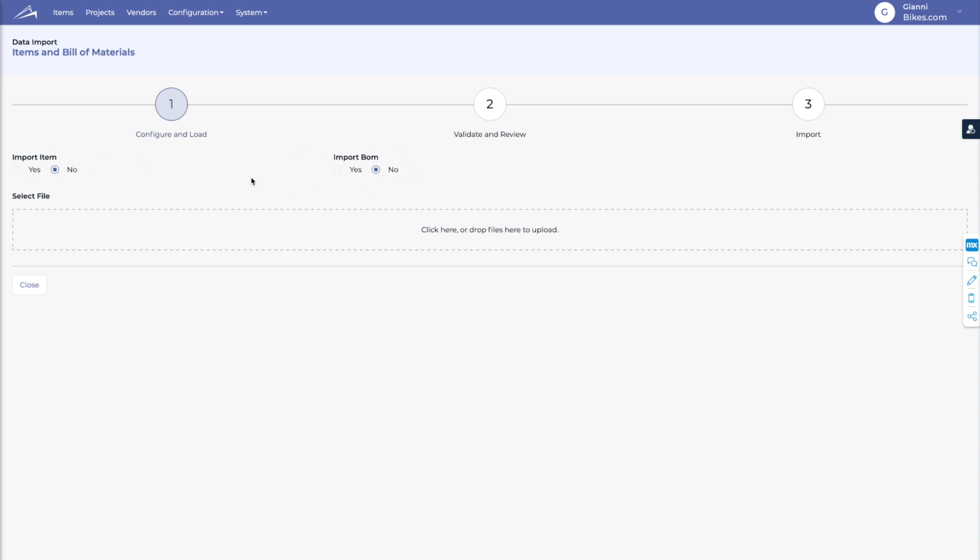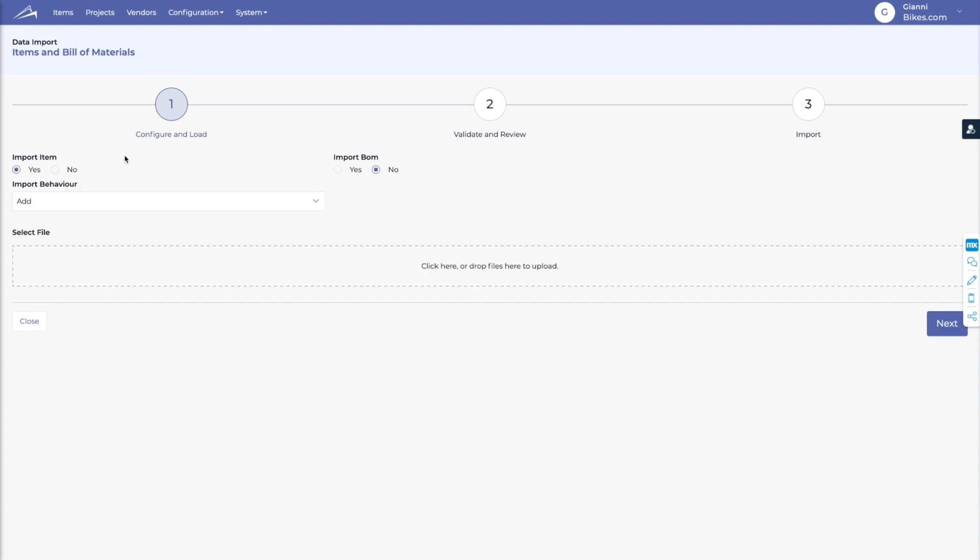We select Yes on Import Items, and the application asks us if we want to add or even update the items which are already in the system. Let's select the first option. Now, before going to the next page,